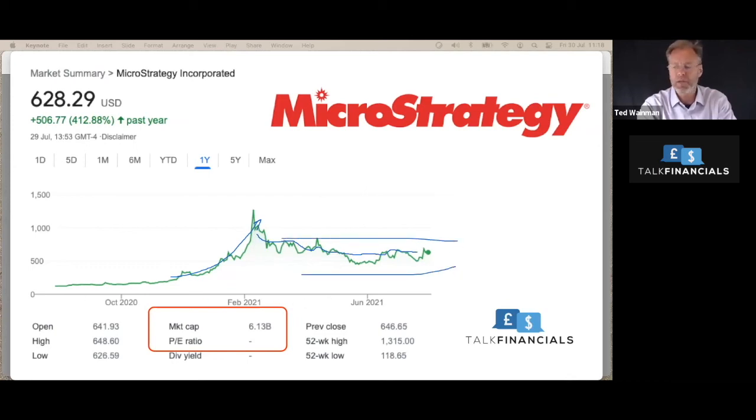No P/E ratio because it wasn't making any earnings. But if we did calculate the P/E ratio based on earnings, less the write down, the underlying earnings ignoring the asset, then what we would probably be looking at is a P/E ratio of about 100 times. Okay, so quite expensive on an earnings basis. It's all goodwill. Okay, so 6.13